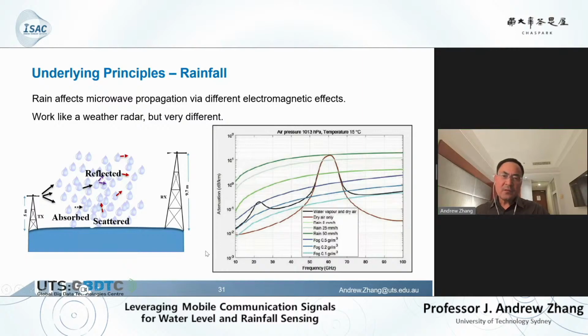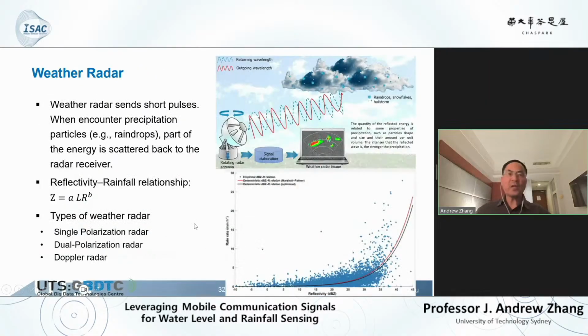All right. So this is actually true when we have a look at how weather radar works. So weather radar sends short pulses to the sky, and such short pulses will be reflected by the rainy cloud, and the signal will actually pass through the cloud over long distance, and the typically used frequency can be quite high, all right? And then the receiver will detect the attenuation during signal propagation and use an experimental equation to determine the